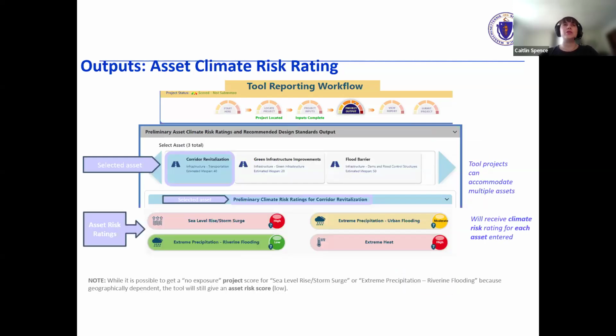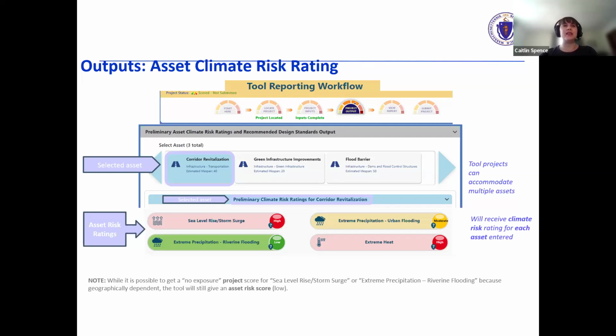So the exposure score relates to the overall project. Each asset entered in the inputs section will also receive a preliminary climate risk rating. So you see similar little bars at the bottom of this screen for sea level rise and storm surge, extreme precipitation, urban or stormwater flooding, and extreme precipitation, riverine flooding, as well as extreme heat.